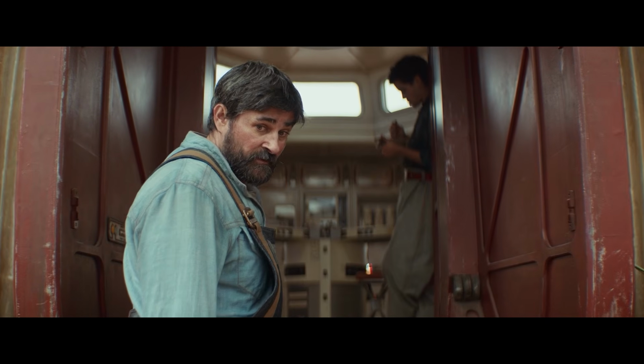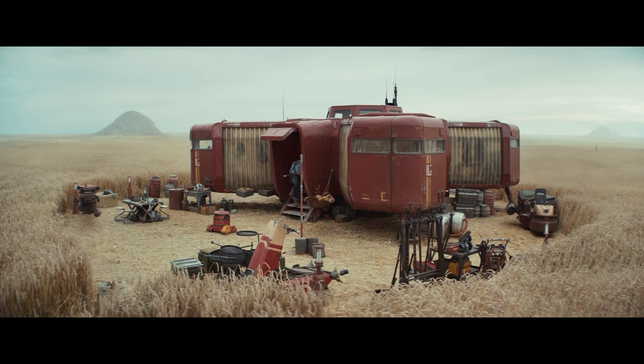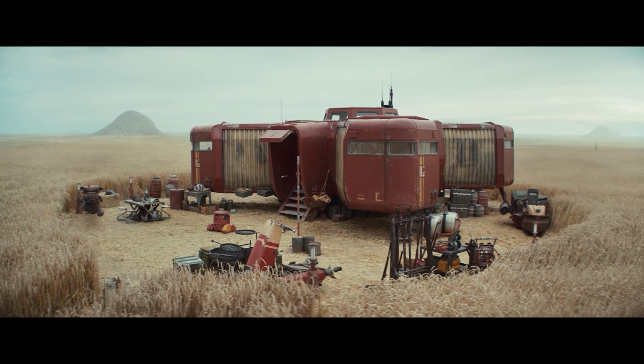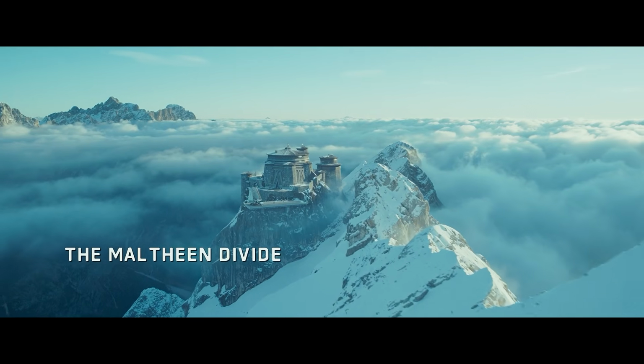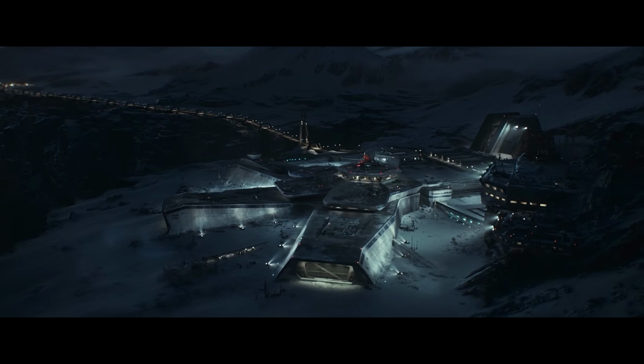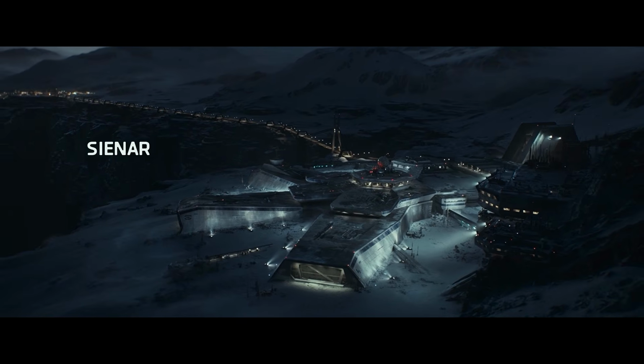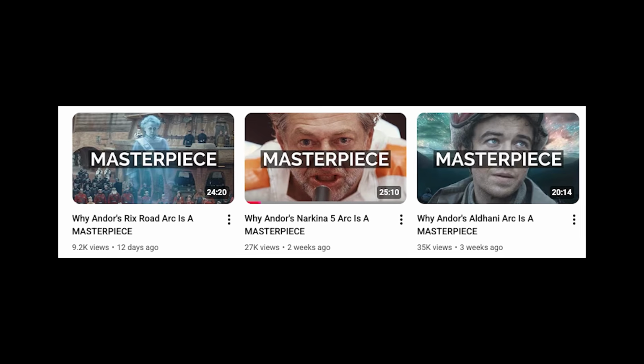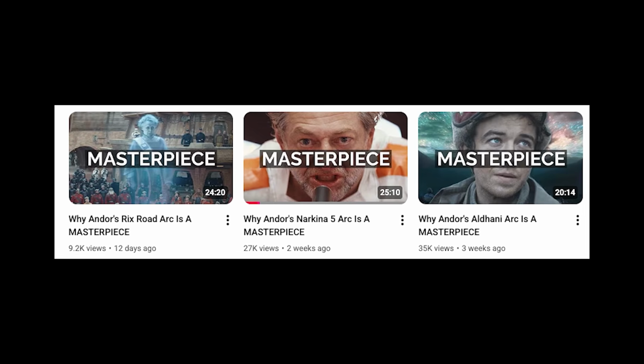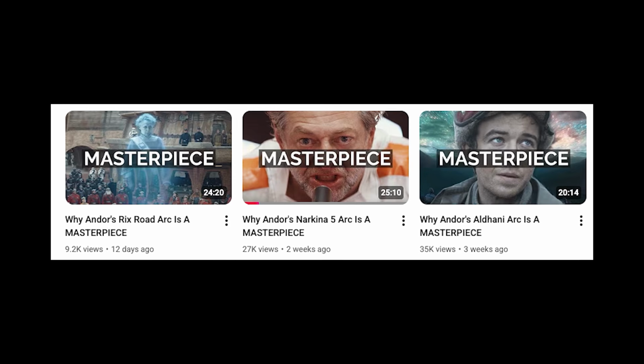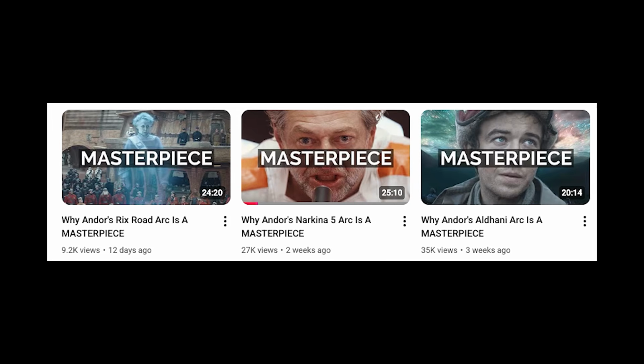The building Bix, Wilmon, and Brasso stay in basically looks like it's one big BB-8 droid, and the two Empire-controlled environments we see in this episode are both frozen, dark, and depressing. If you want more insight into this theme, just check out my other Andor videos. There's so many more examples that I highlight at length in other videos.